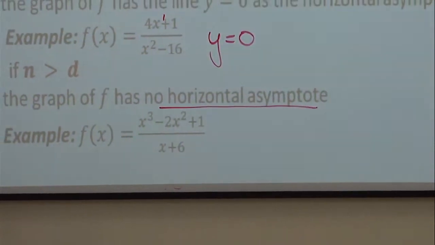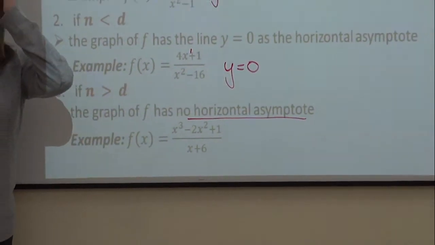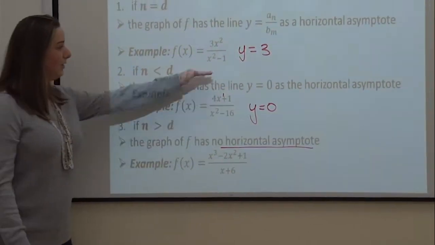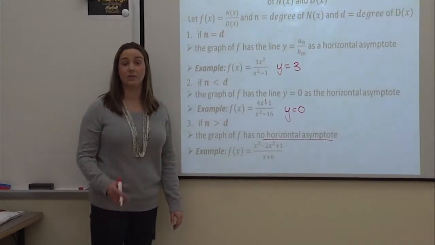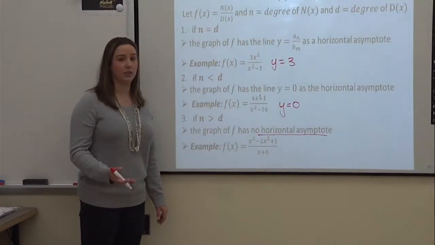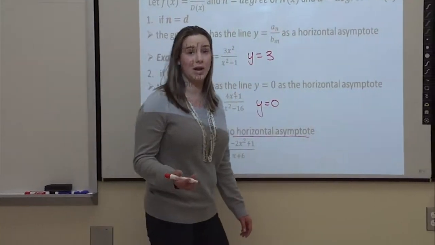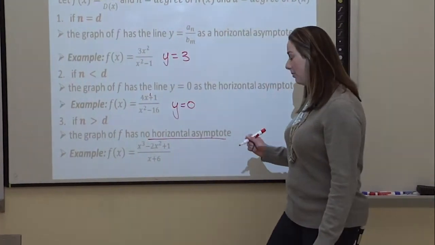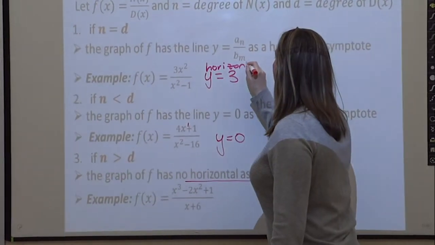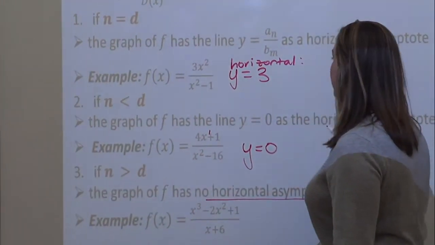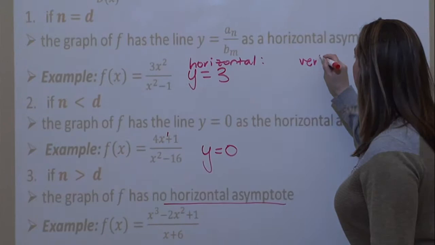If we want to start to extend this and think about all the possible asymptotes, we've listed out the horizontal ones. If we want to start to think about the vertical ones, we can also start to do that because we can have more than one asymptote. So for this problem, this is going to be my horizontal asymptote. If I want to think about my vertical asymptote,